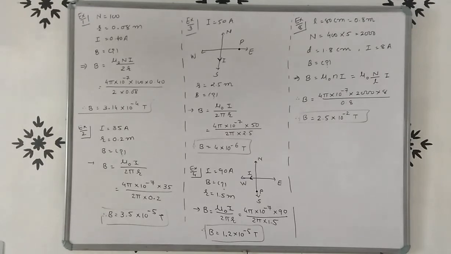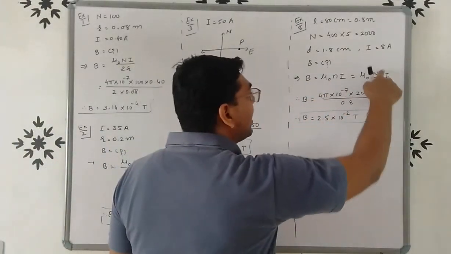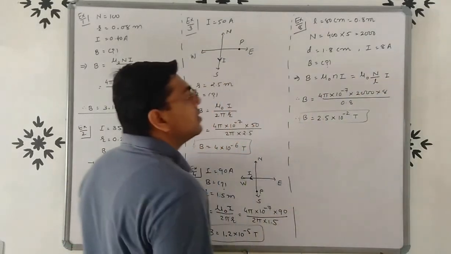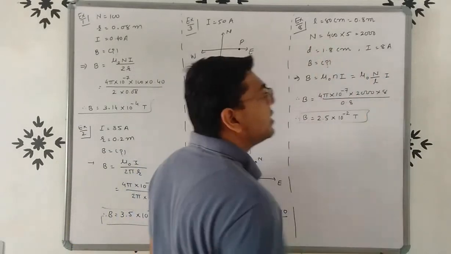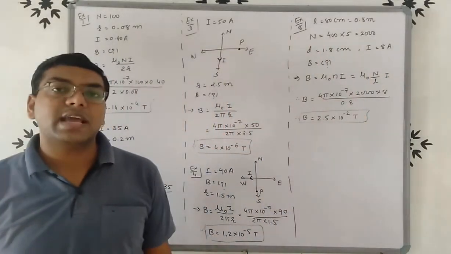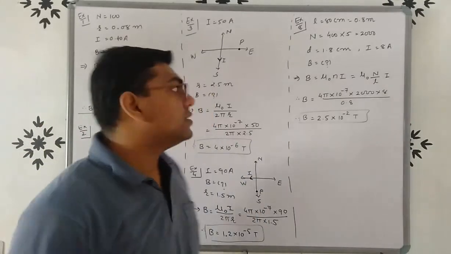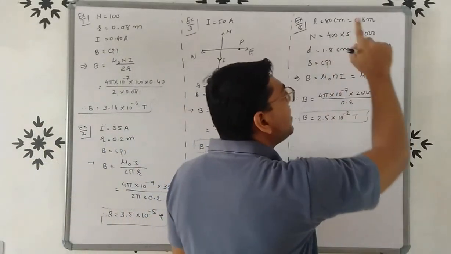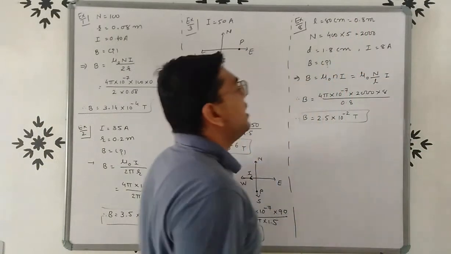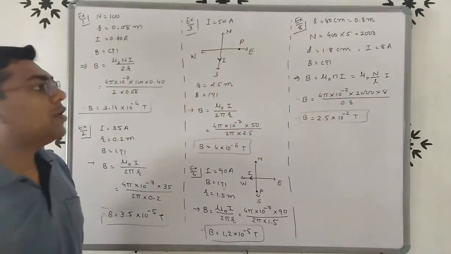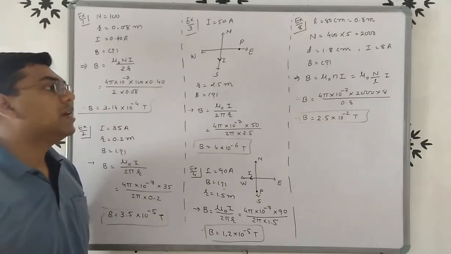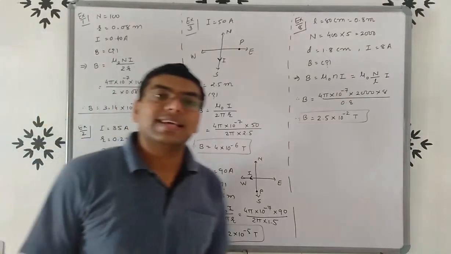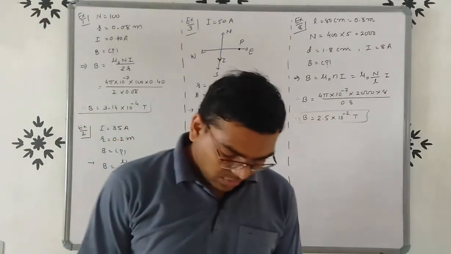So the formula will be like this: B equals mu 0 into capital N upon L into I. Mu 0 is 4 pi into 10 raised to minus 7, and capital N: here there are 5 layers and each layer has 400 turns. So total turns are 400 into 5, that is 2000, into current 8 ampere upon L. So we get magnetic field 2.5 into 10 raised to minus 2 Tesla. Right. Now see friends,